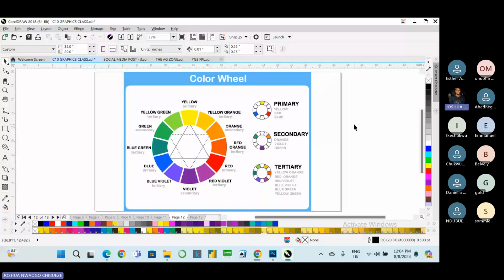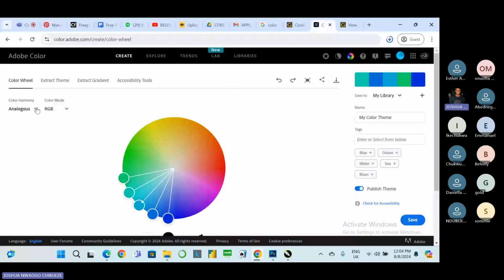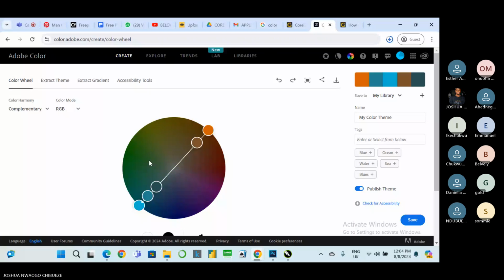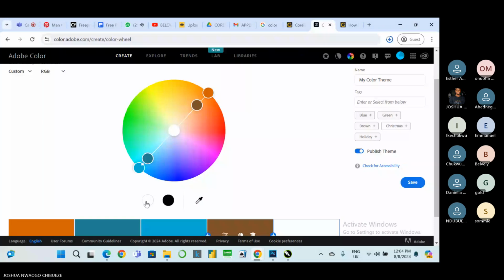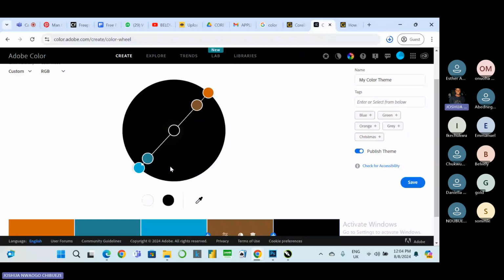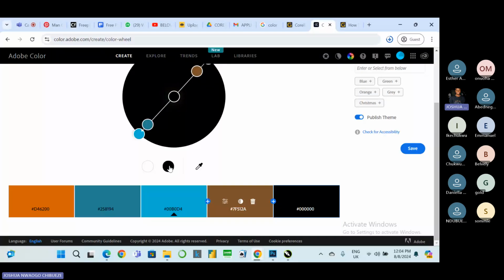So if we check our color wheel here and look for complementary, you can see it. This place is facing here. All right, so you can select what last. So complementary is just two colors, right? Just two colors. So they will now create a shade from both of them. So this is orange, and this is a